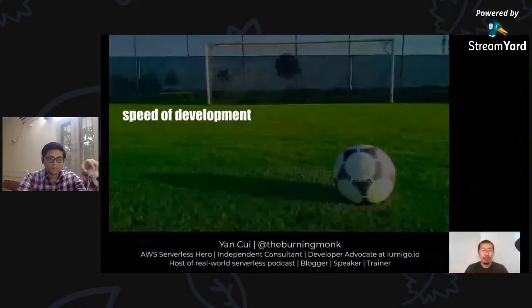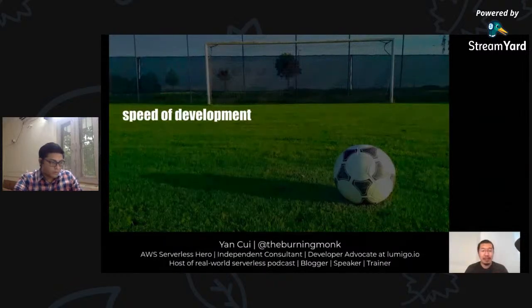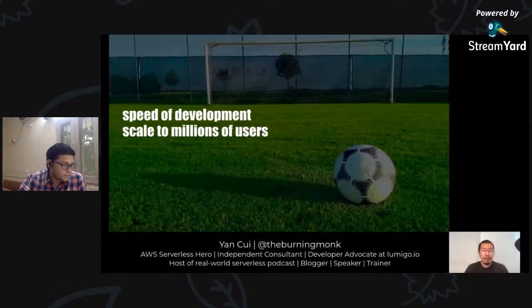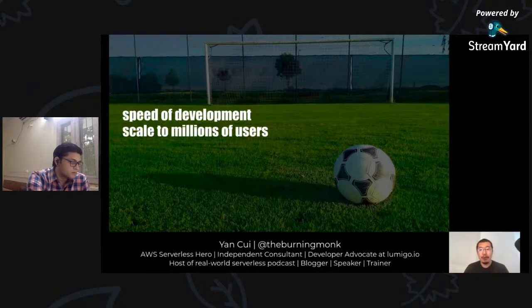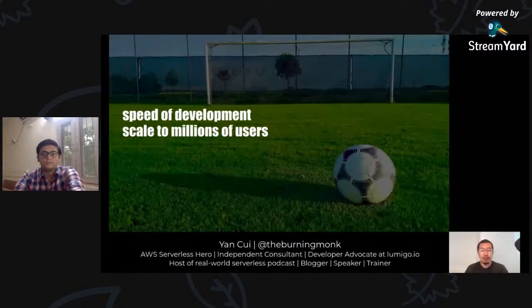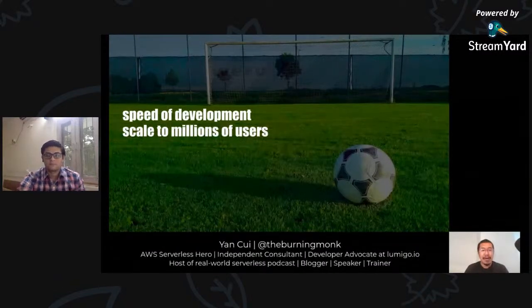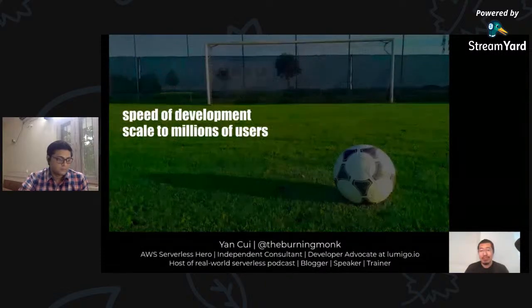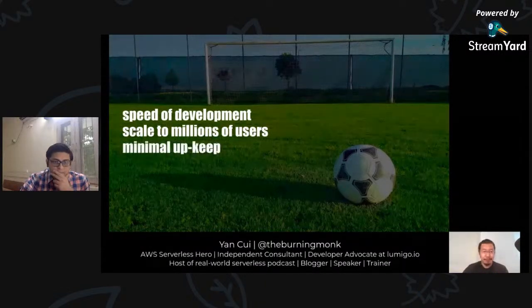We want to maximize the speed of development as the client needs to get the app out quickly and can't afford a really long development cycle. But at the same time, we need to have something that can scale to millions of users if this becomes popular and it takes off. They already have agreements with local universities in Belgium to roll it out to tens of thousands of students right away. And this is especially important because the first version of the app they built with PHP and running on 2 servers was a disaster and it crashed on launch day. So we can't repeat the same mistake here.